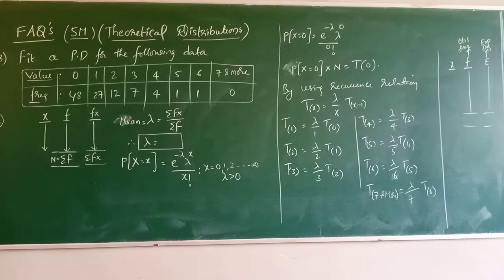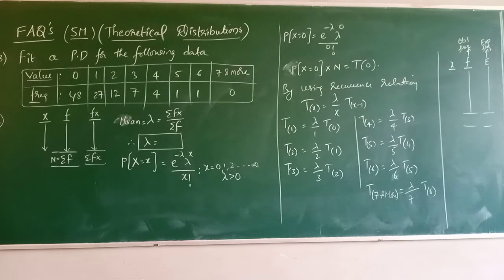So here x follows the Poisson distribution, therefore the mean is nothing but lambda, that is equal to summation Fx by n, or summation F, both are one and the same. So the lambda value you will be getting after calculating the mean. You know that x follows Poisson distribution, and write down the PMF of Poisson distribution. P of x equals e power minus lambda, lambda power x by x factorial, where x takes the value 0, 1, 2 and so on to infinity, and lambda must be greater than 0, remember.